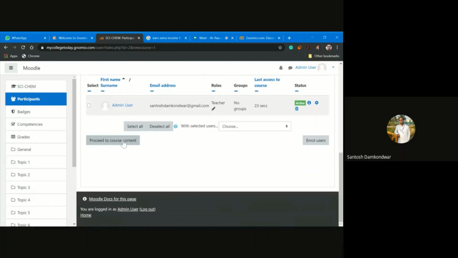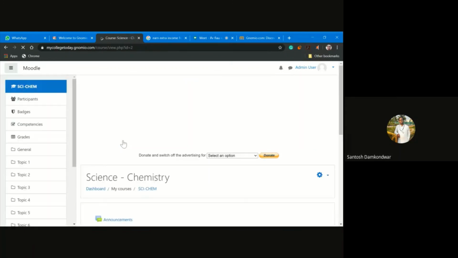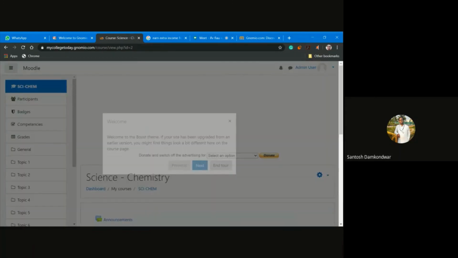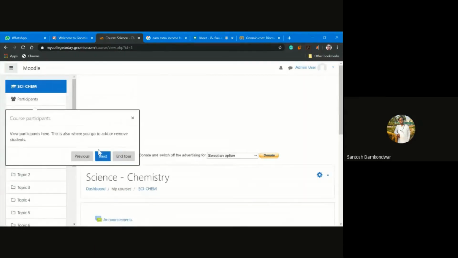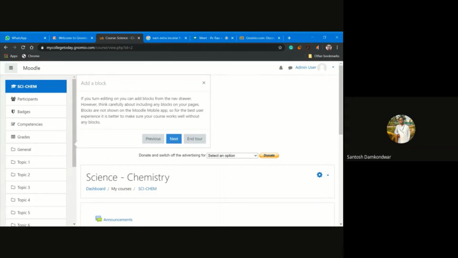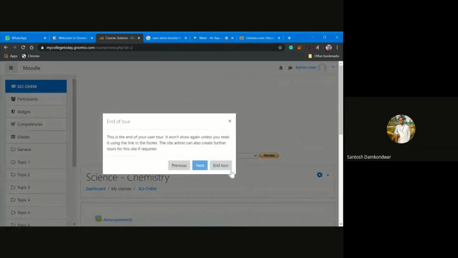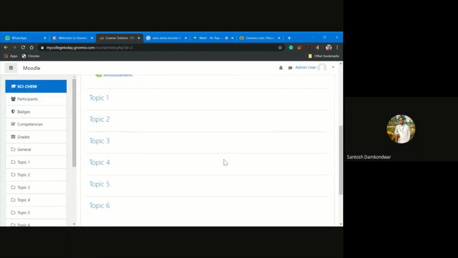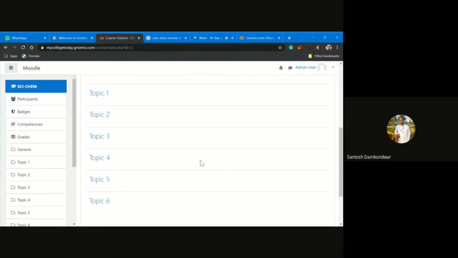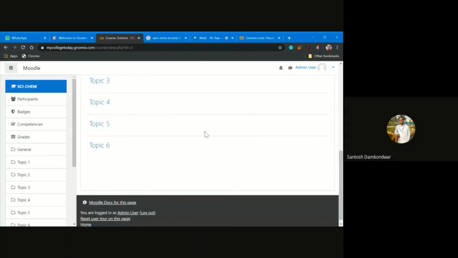And then I will proceed to course contents. Again, it may show a guide tour to help you navigate, and accordingly you can go through it. Now you can see there are 6 topics which I got over here.